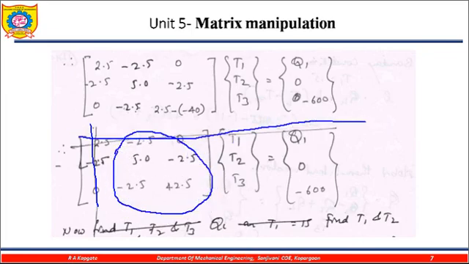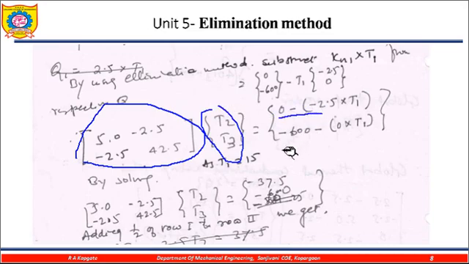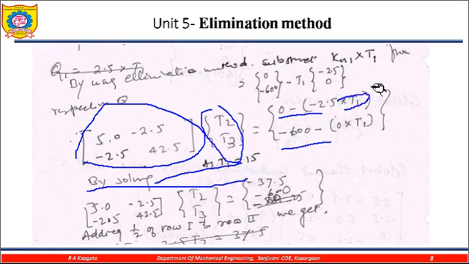These terms we are writing here, multiplied by T2 and T3. These terms come as 600 minus T1. Hence by solving, we get 42 here. Now 2.5 multiplied by T1, which is already known, T1 is equal to 15 degrees centigrade, so there is no issue at all. So 15 multiplied by this is 37.5, and this one is 600 minus 15, so that value is to be calculated here.